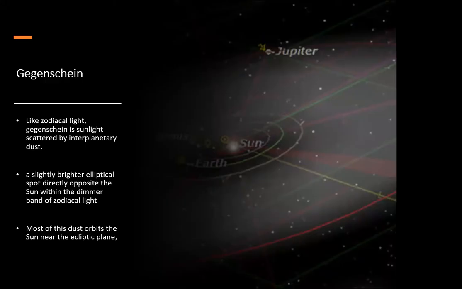So just like the zodiacal light, it's light coming back to us from this interplanetary dust, and it causes this bright spot in the sky directly opposite the sun, again lined up with that ecliptic plane. This was first described by a French Jesuit astronomer back in the late 1600s into the 1700s. Very few people ever observed it. You needed to really have excellent skies to be able to do it.